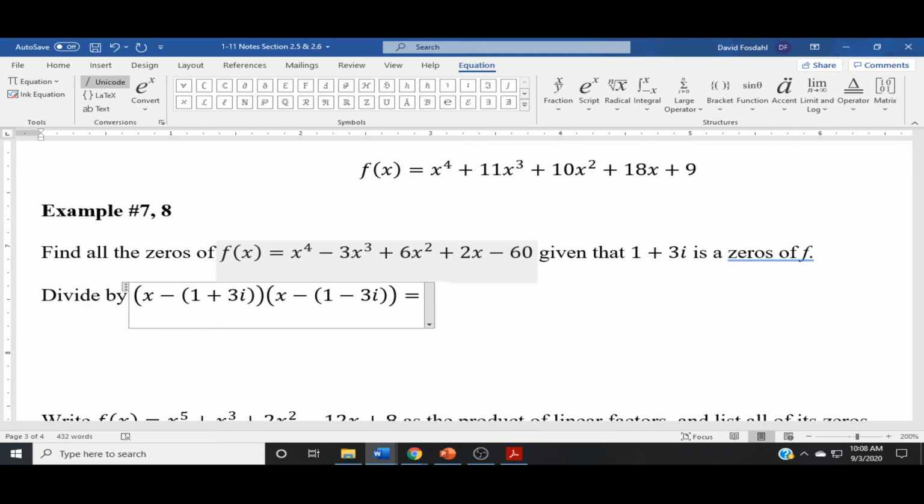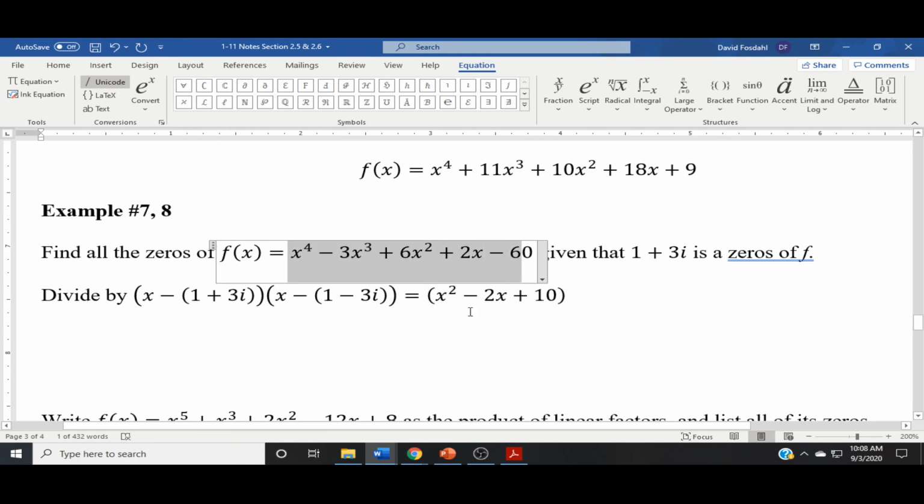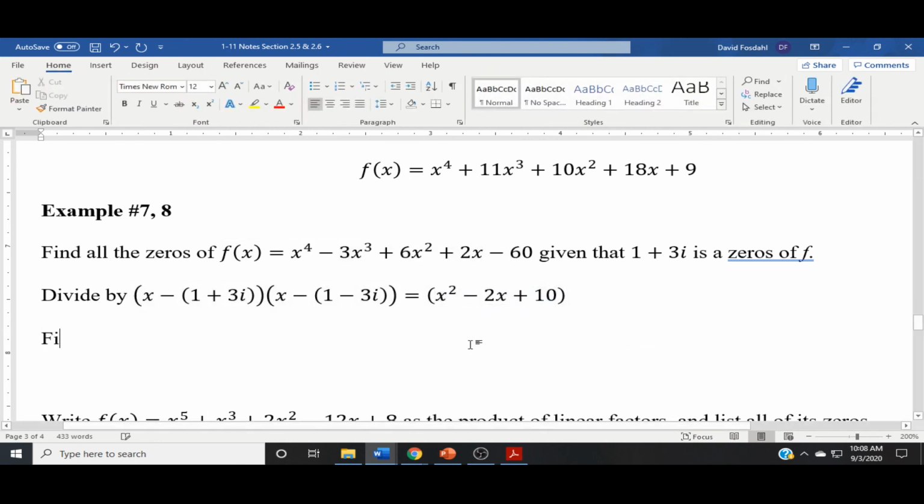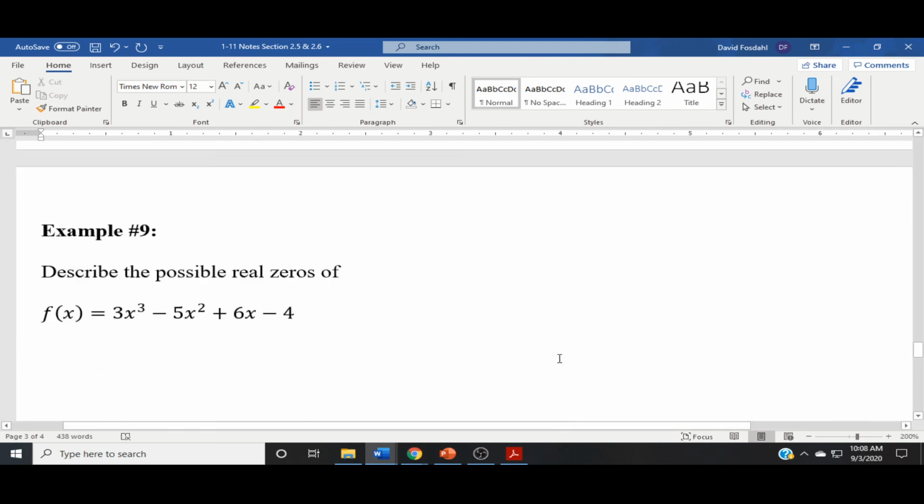If you solve this out, you're going to get x squared minus 2x plus 10. Okay, you're going to divide by this. You're going to divide this by this, and then you're going to find the rest of the zeros. Okay? Okay, that's that. Sorry, just